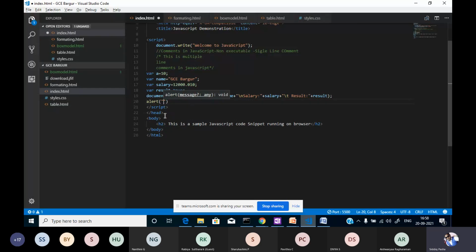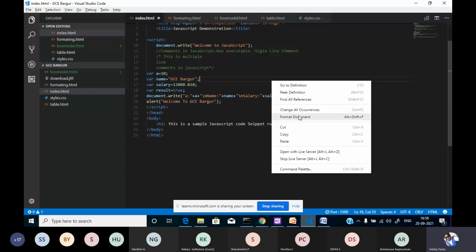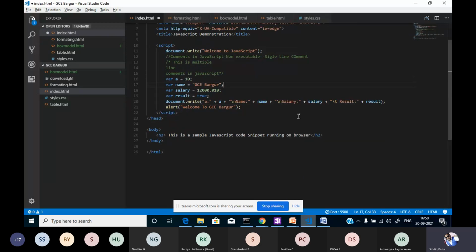So this will be an alert box. I am simply printing "Welcome to GC Bargur". Okay, fine. I will format the document once, and now I'll run this with Open with Live Server.